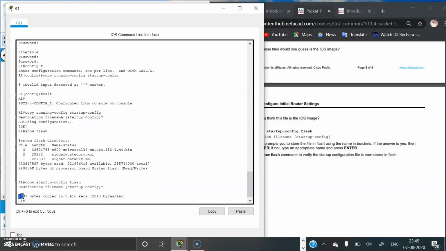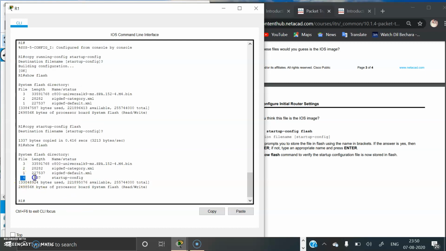Okay, the 1337 bytes are copied to flash. Now we can see the data that we have copied to flash by using the same command show flash again.